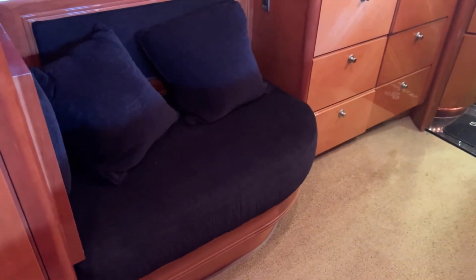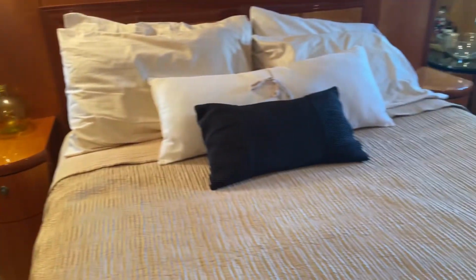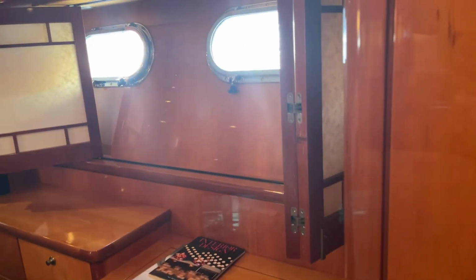Place to sit down and change, kind of relax a bit. Over here you have a little slide out seat. There's TV, more hanging lockers. These are really kind of neat, and you can see these sliding doors here. They're kind of like a sliding blind,